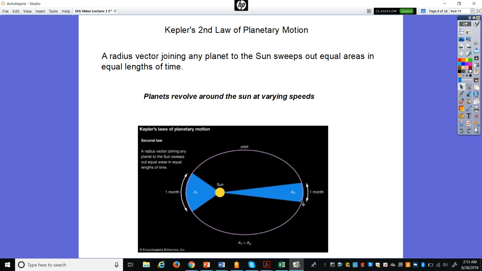Well, what Kepler's second law of planetary motion says is that this area in here will be equal to this area, so that A1 equals A2. We'll move quicker when we're closer and slower when we're further away, but the area will still be the same. So that's Kepler's second law.